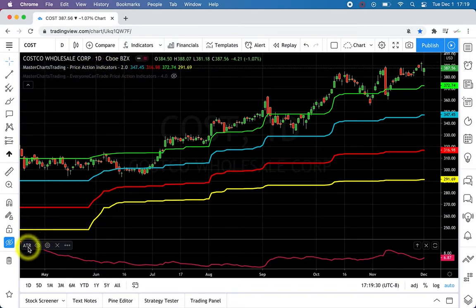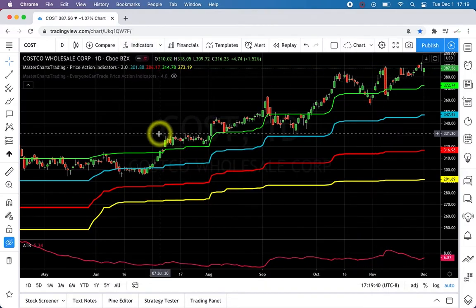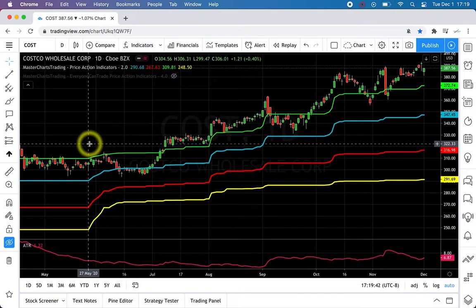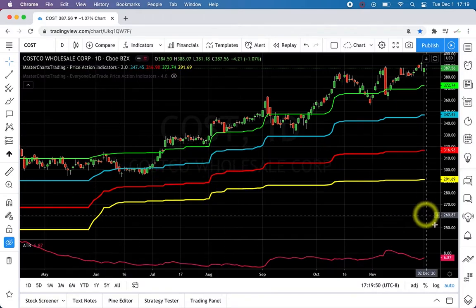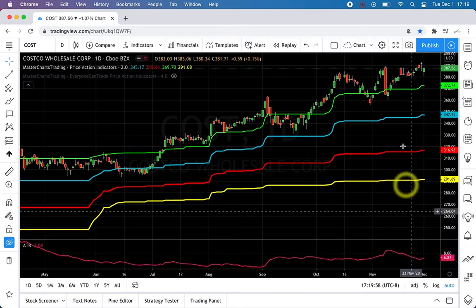ATR is called average true range. You can find it in the library right there, average true range. It's a free indicator, and it simply shows how much the stock moves on average, up or down. We don't know which way it's going to move, but it shows you how much it is going to move. Today, for example, when I'm recording this, the stock on average is predicted to move around $6.87